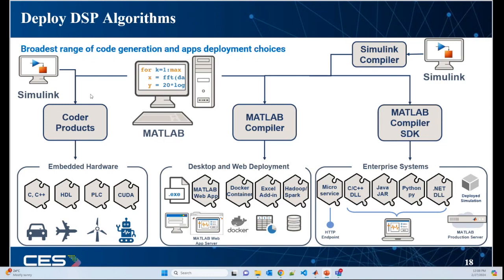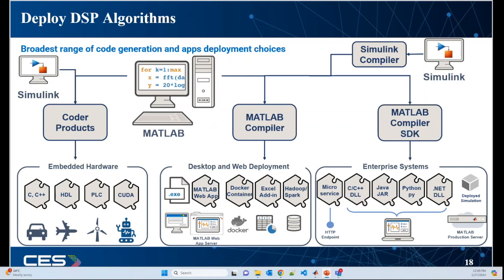Then you want to generate C++ code for a DSP or for a microcontroller from any vendor, and then you can use coders. And in this case, if you want to generate for a specific hardware, then you need to use Embedded Coder, or you can also generate HDL or PLC code, or if you are doing some signal processing and deep learning, then maybe the choice here is to generate CUDA code. We'll look at some of these workflows in detail in the upcoming